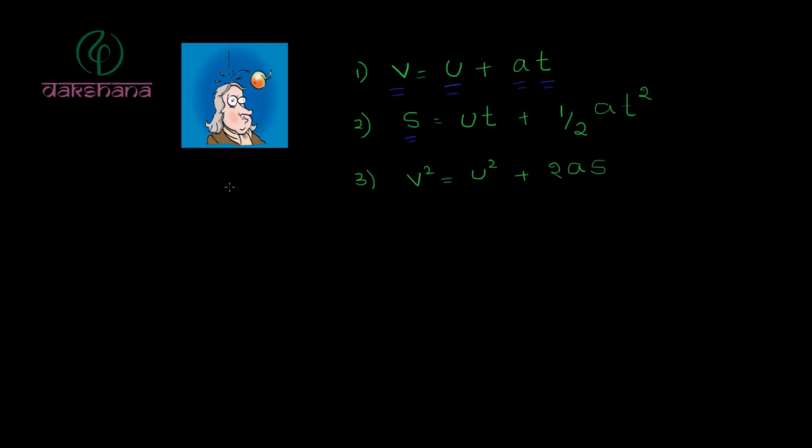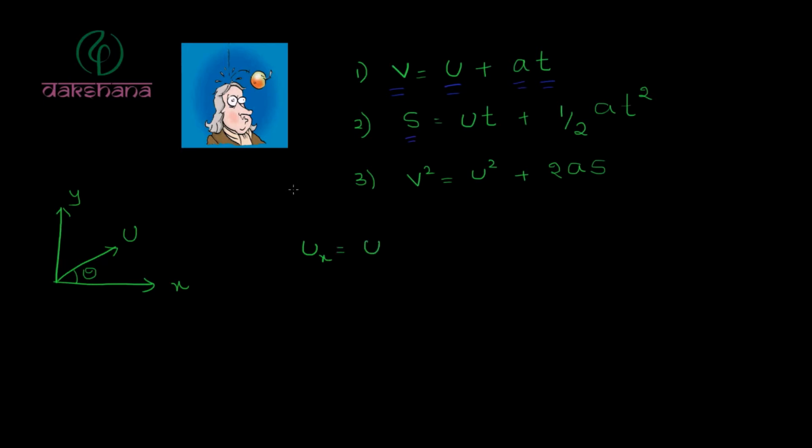So first we have to find out in x direction what is my velocity, in y direction what is my velocity, and in x direction what is my displacement, and in y direction what is my displacement, and similarly acceleration in x and acceleration in y. So for that, let's look at the velocity vector carefully. This is my x, this is my y, and this is my initial velocity u at angle theta.